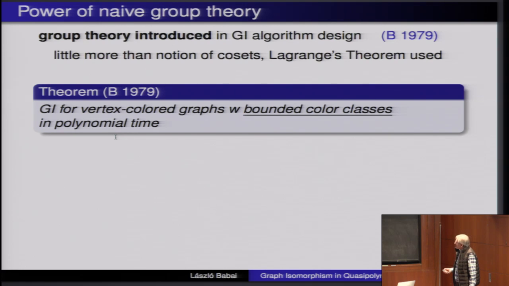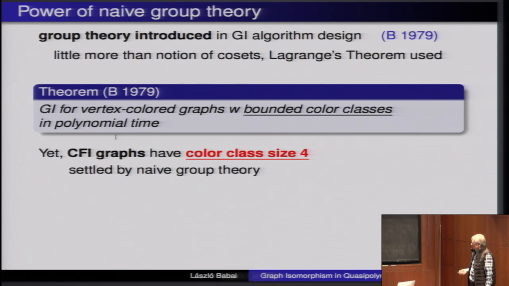But the theorem that followed from that was that if we have a vertex-colored graph, where every vertex color has bounded multiplicity, so there are only a bounded number of red vertices and a bounded number of green vertices, etc. Now, coloring means that colors are preserved by isomorphism by definition, so colors cannot be switched. Okay? So that kind of isomorphism problem still allows exponentially many bijections. However, it can be solved in